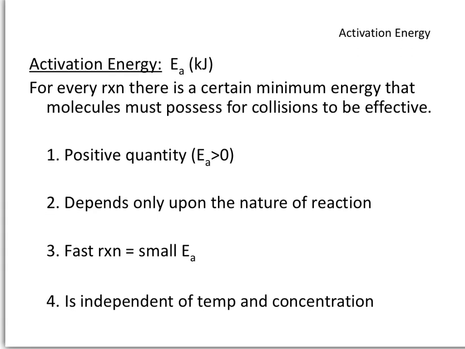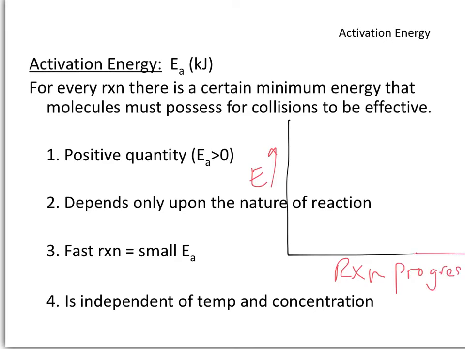So for any reaction in general, you would be able to draw an energy profile where the y-axis has energy and the x-axis has reaction progress. So you go from reactants to products. In this case, since my products are lower in energy than the reactants, I would say that this is going to be an exothermic process. That means the delta H is going to be a negative number, but realize that